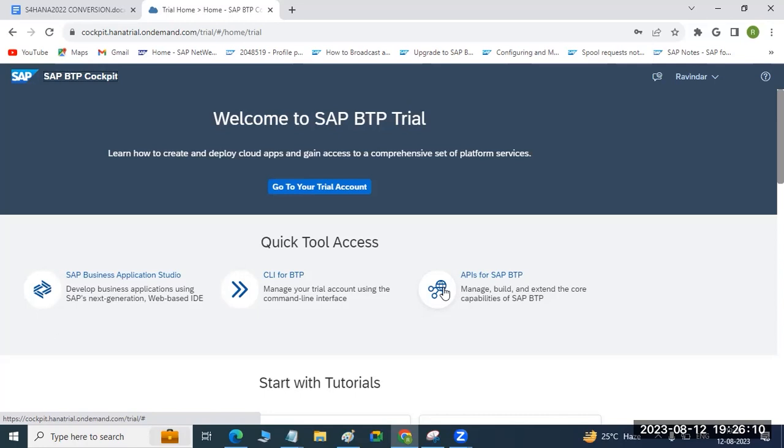Amazon is a user-friendly interface where you book the order. Suppose you book a phone from Amazon. Amazon is not maintaining anything; the order goes to the related shop, and then you get the delivery. It is the same here. BTP is the central point of access for customers, so in this BTP cockpit you can